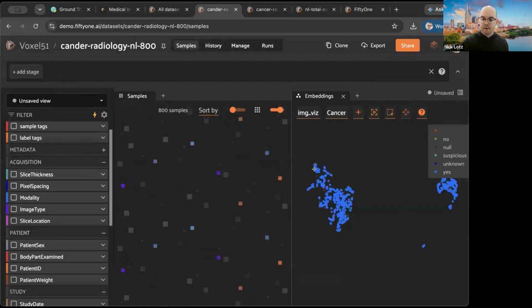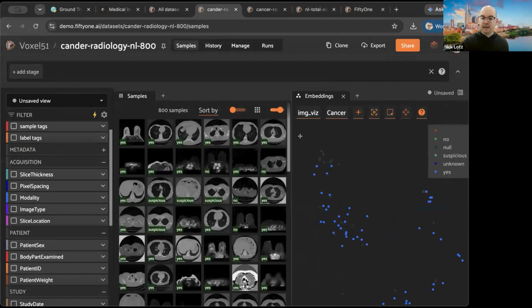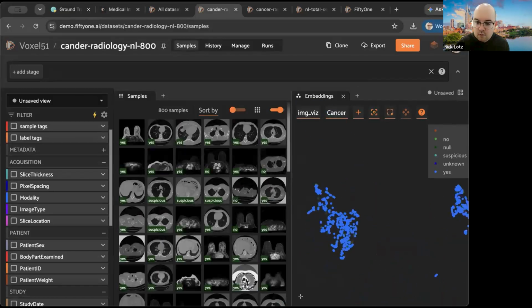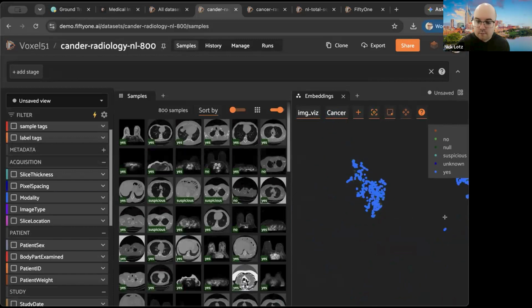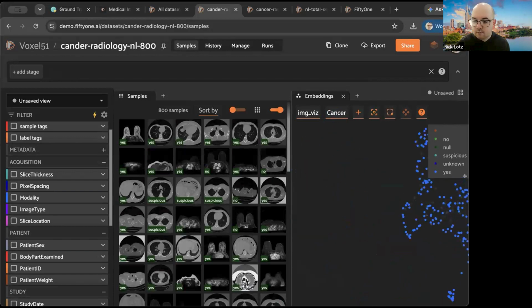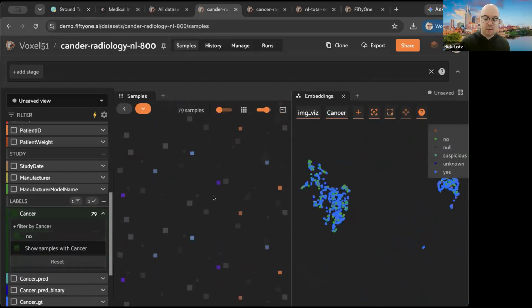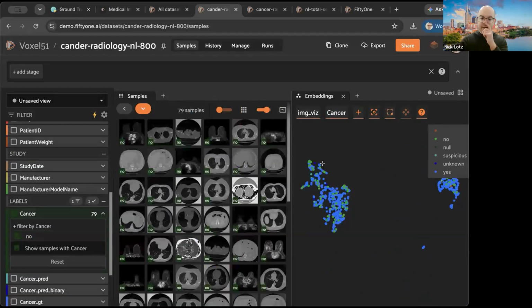If I reset my view, and then I go here. Here I see a cluster of a few yeses alongside, actually, I think those are nulls. Let me go back here. Some unknowns. Should be some no's here. Let me do this. What's nice is I can filter this as well. Oh, okay, they were just kind of hiding here, right? So I can also filter by no samples,